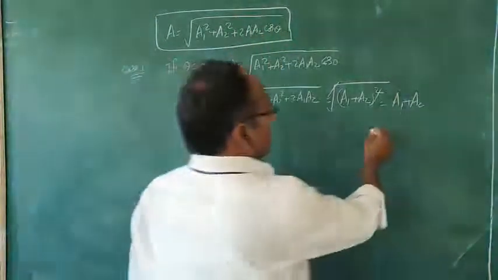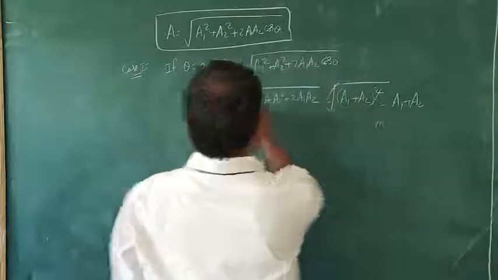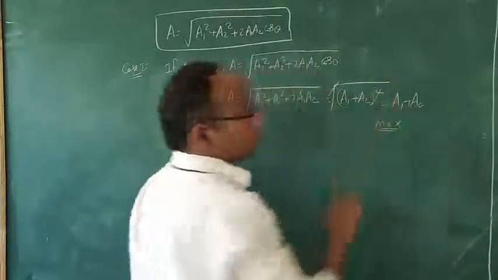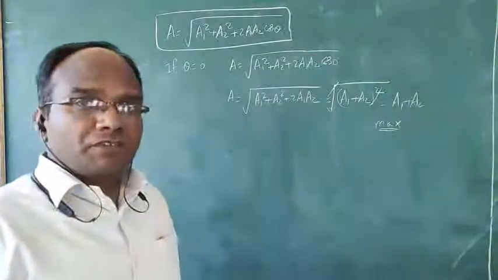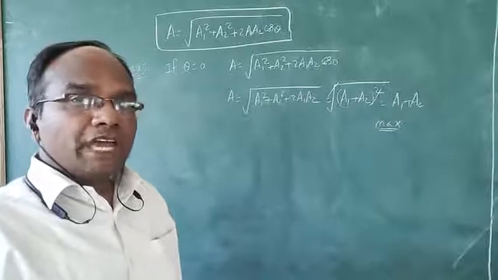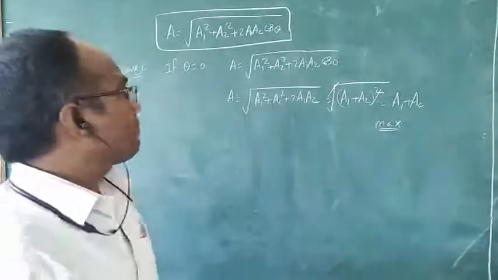So here what can I say? A is equal to A1 plus A2, which is nothing but maximum. So previously I had shown the figure. With the help of the equation you are getting A is equal to A1 plus A2. Now,